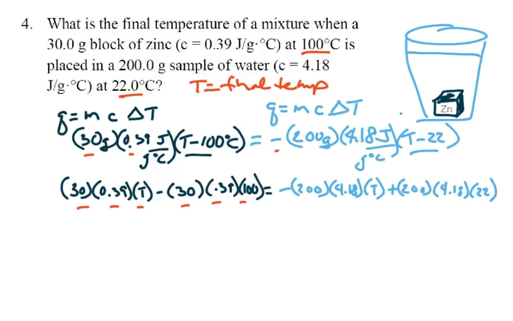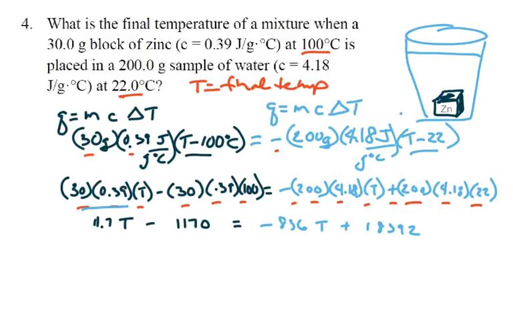Then I have my negative 200 times 4.18 times t, and it's minus, so I have minus minus, so it's plus 200 times 4.18 times 22. Okay, now I'm going to start doing my numbers. I've taken this portion here and said 30.39 times t, I got 11.7t. Minus, I did